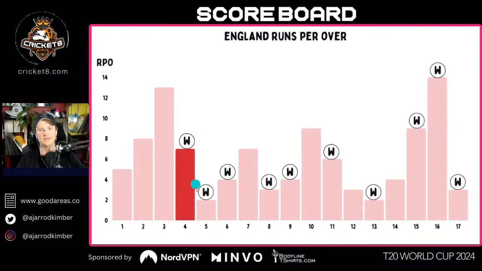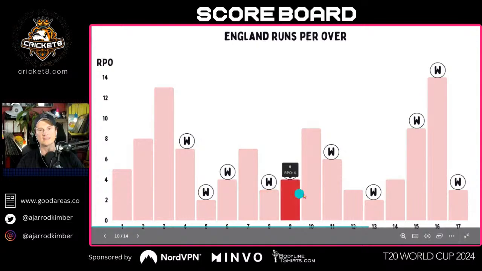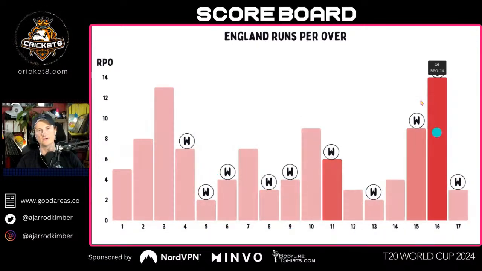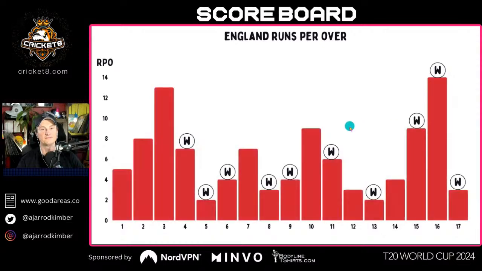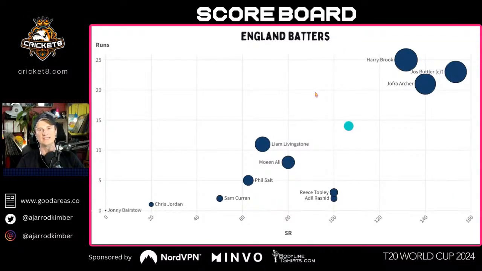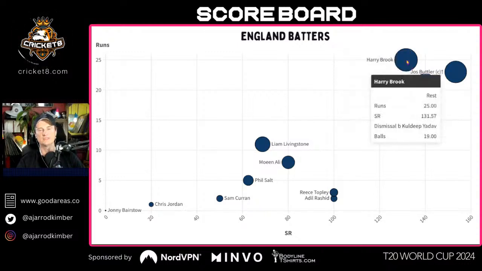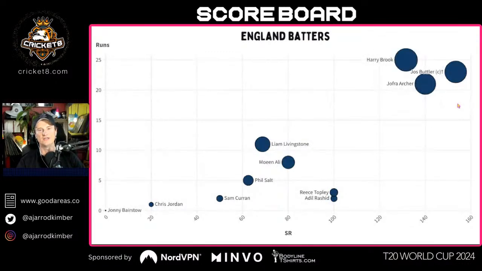And then there's the wicket, and just look at the steady flow of wickets that they get afterwards, right? From over 4 to 11, it's absolutely gone. And then a couple of big hits from Jofra is all we have towards the end. And I just think if you're coming into a World Cup semi-final and Jofra Archer has scored 21, you're probably not going to win too many games.